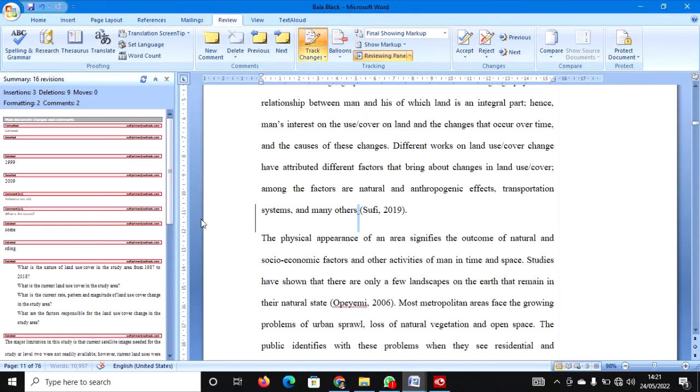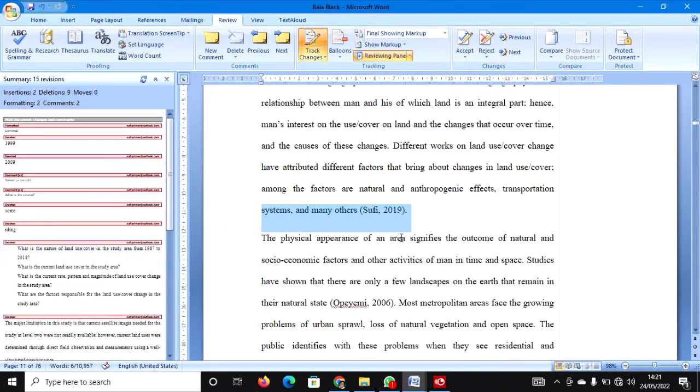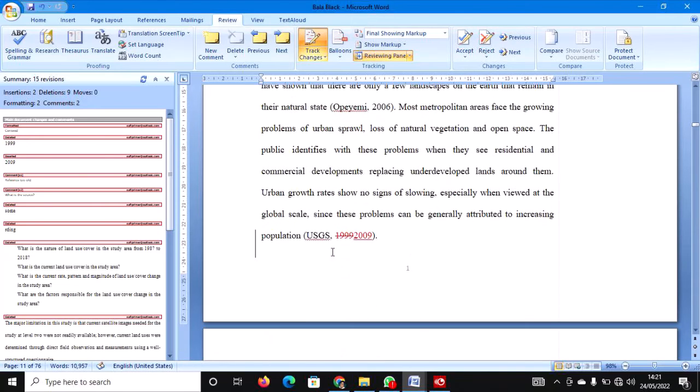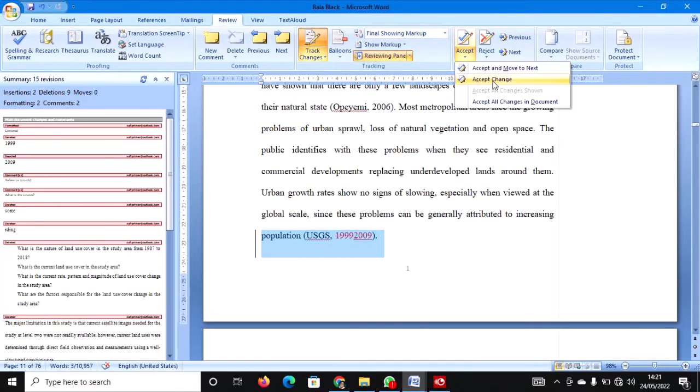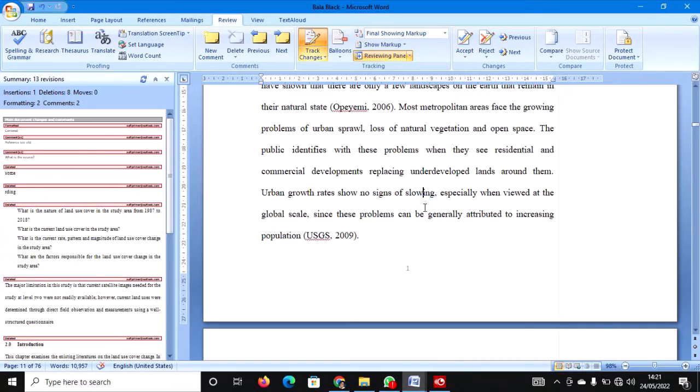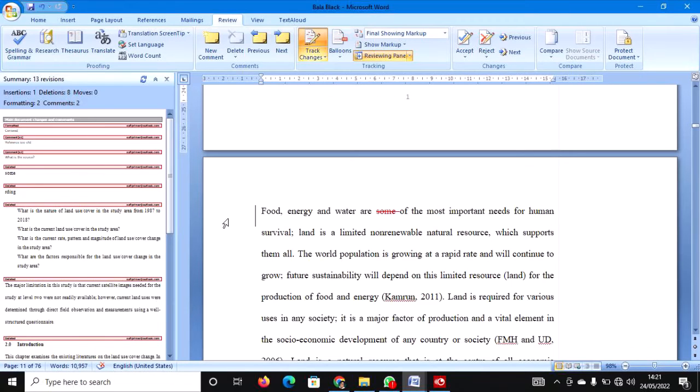You see, we still have this line showing that there is still an amendment under here. So you come and accept the change. If you cannot see it directly, you just highlight the line and accept. Don't forget this line I show you. This line you highlight. When you keep your cursor here, you press left click, then accept changes. You see it now. Highlight,